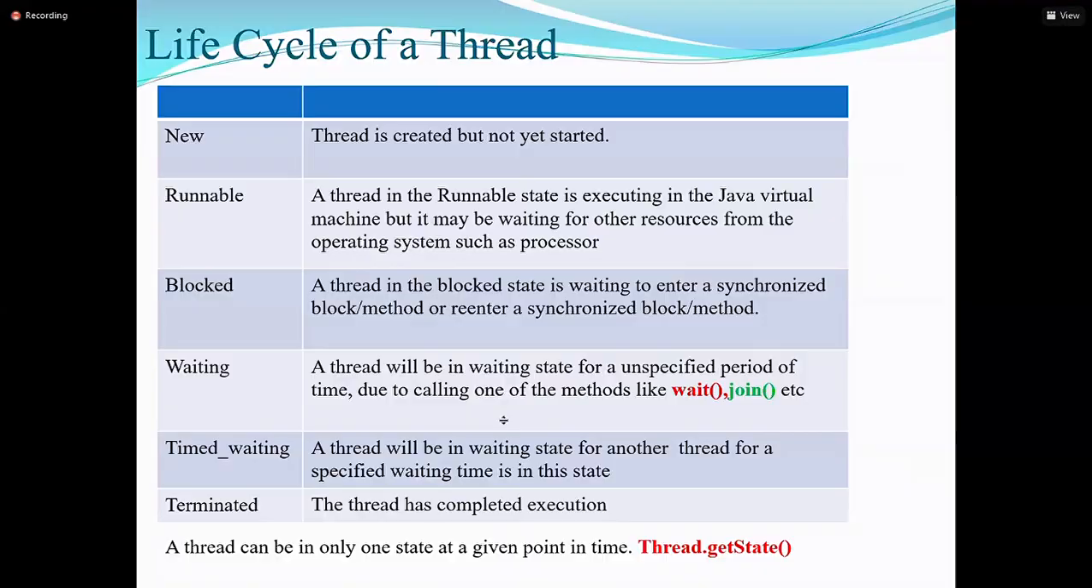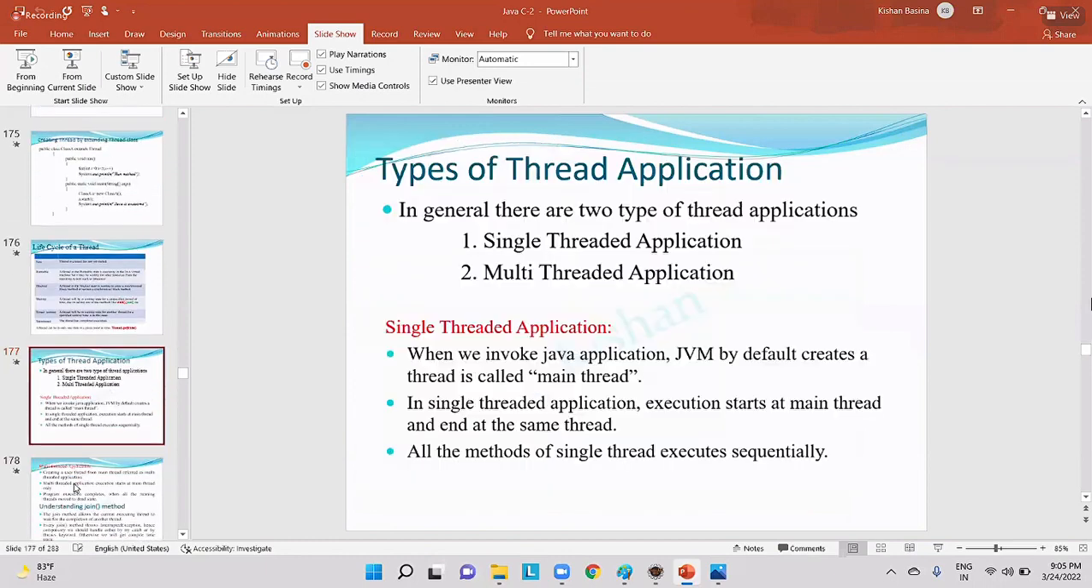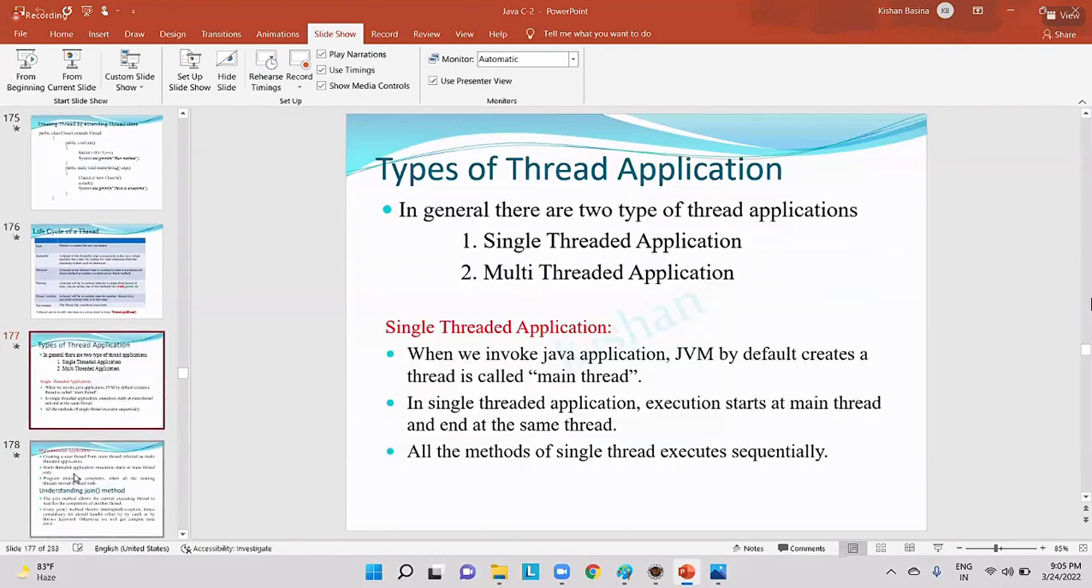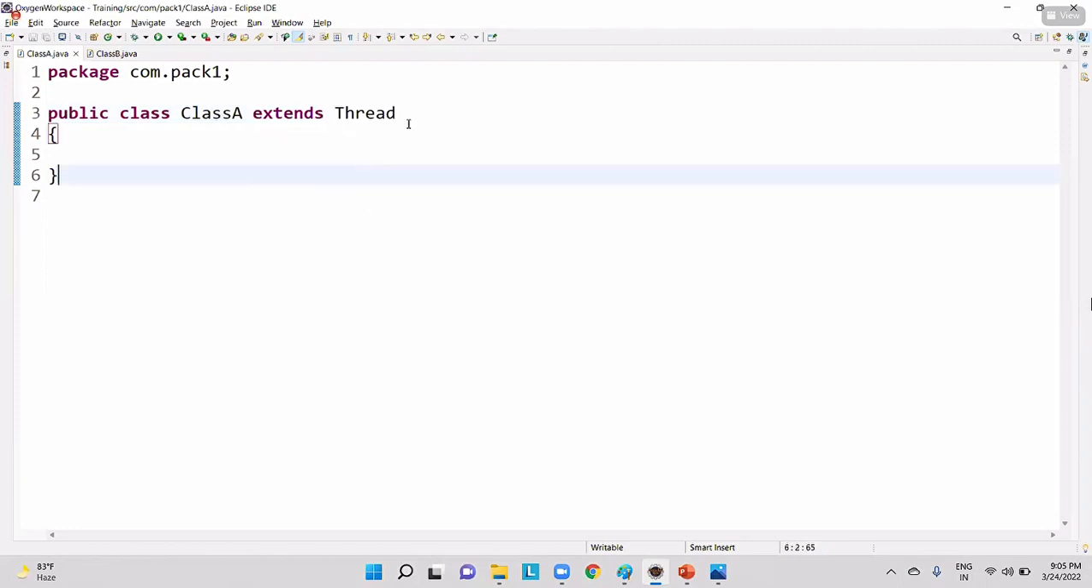Now guys, generally when you are speaking about types of thread applications, there will be two types: single threaded application and multi-threaded application. Single thread application means there will be only one thread in our program. For example,